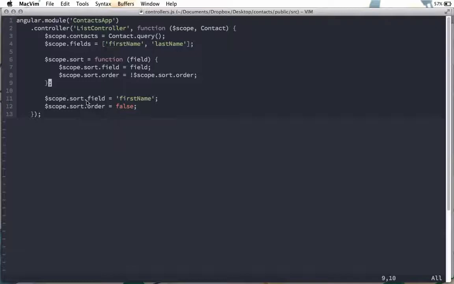And the property that we're adding is called field, and it will be whatever field they clicked on. We also change the order. Our sorting order will be done by a Boolean. False means to sort in descending order. Every time this sort function is called, it will swap this to the alternate Boolean. So the first time we click a field, this will switch to true, and the records will be sorted descending